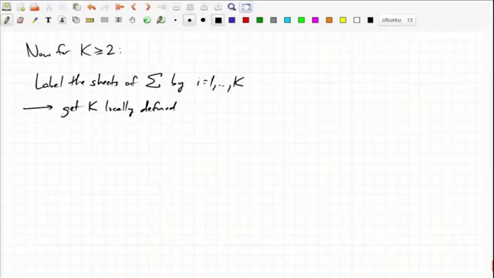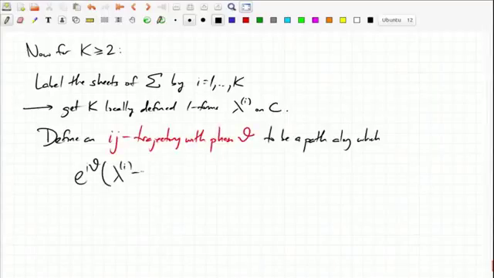And now, the analog of the trajectories that I had before, I'll define an ij trajectory with phase theta to be a path along which e^{iθ}(λ_i − λ_j) is